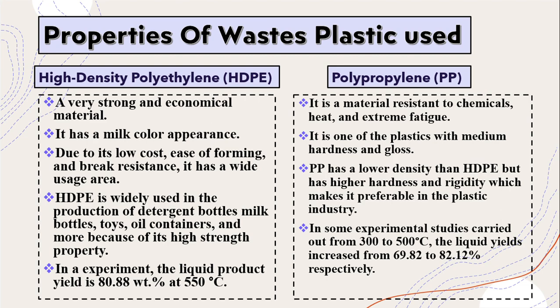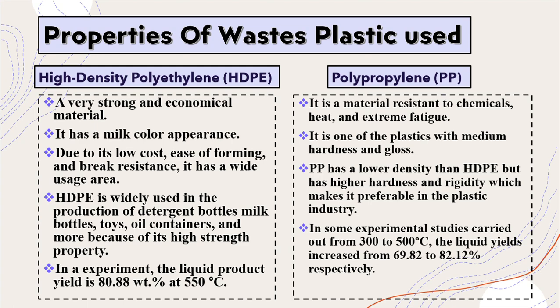High density polyethylene is a strong and economical material. It has a milky color appearance due to its low cost, ease of forming, and break resistance. It has a wide usage area. High density polyethylene is widely used in the production of detergent bottles, milk bottles, toys, oil containers, and more because of its high strength property. In an experiment, the liquid product yield was